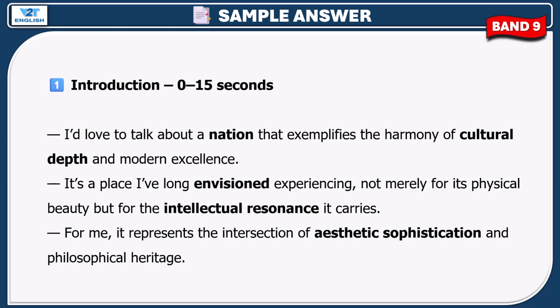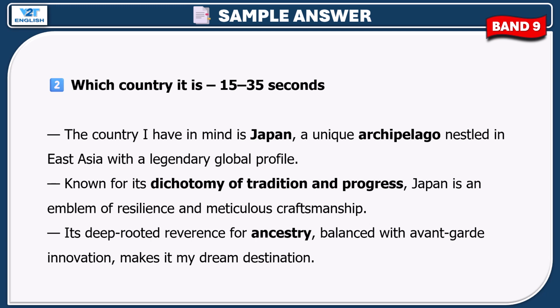Sample answer. I'd love to talk about a nation that exemplifies the harmony of cultural depth and modern excellence. It's a place I've long envisioned experiencing, not merely for its physical beauty, but for the intellectual resonance it carries. For me, it represents the intersection of aesthetic sophistication and philosophical heritage. The country I have in mind is Japan, a unique archipelago nestled in East Asia with a legendary global profile